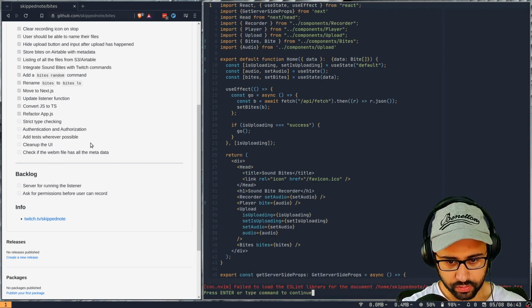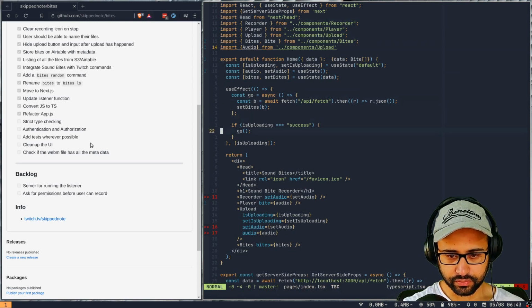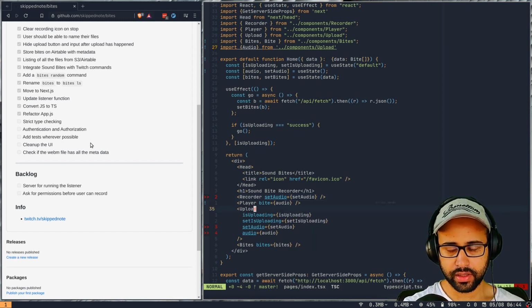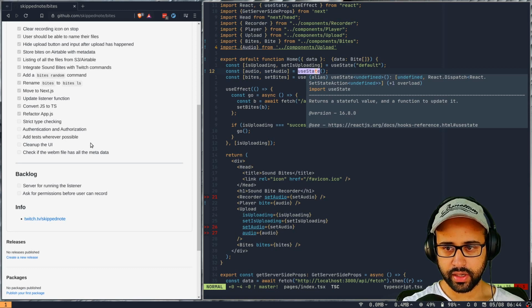Okay, so now, can we do multiple types? I don't think that would work. This is by default typed to undefined.